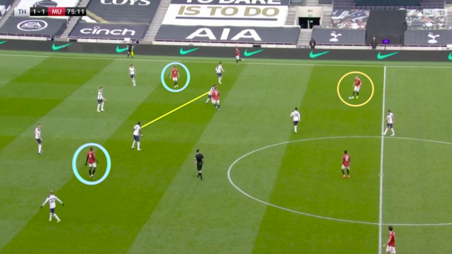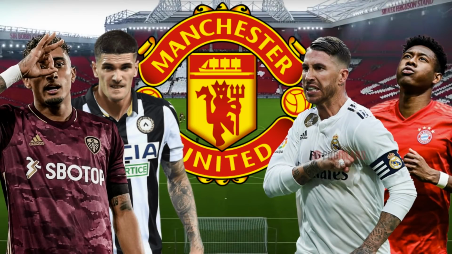In my transfer series on United, which will be linked in the description below, I said that it's these kinds of situations where United could significantly improve if they had better players in these deeper positions who were better incisive and creative passers than Fred and McTominay, even though Fred in this game was a very effective forward passer, particularly